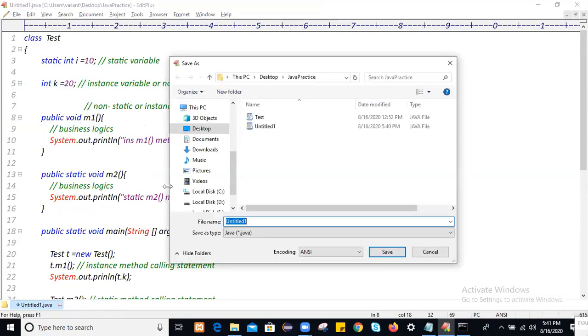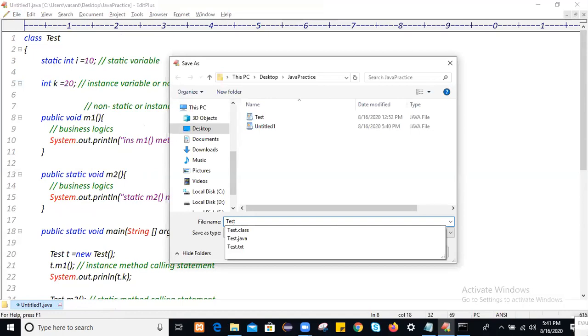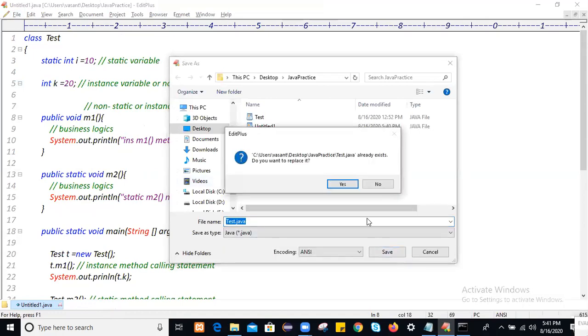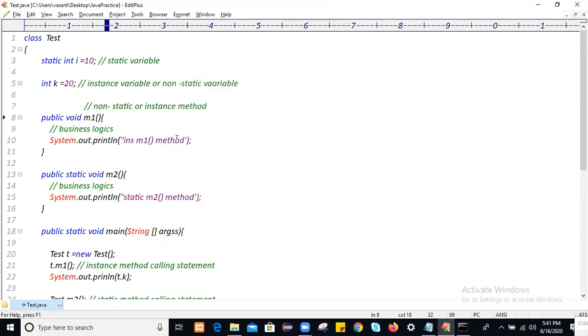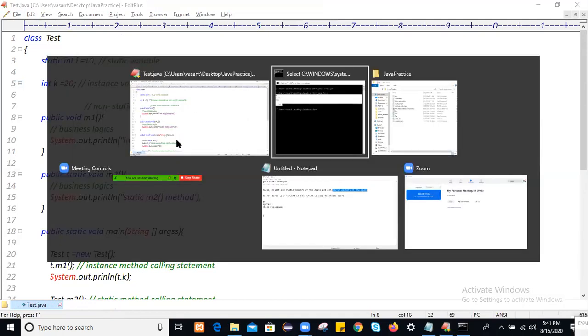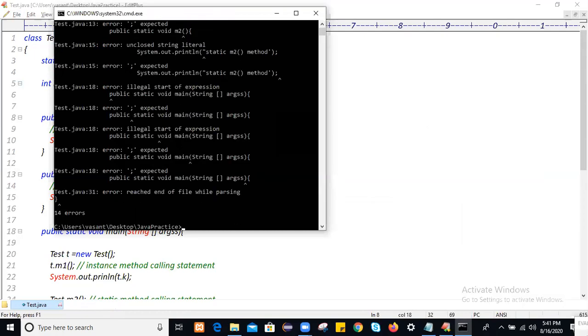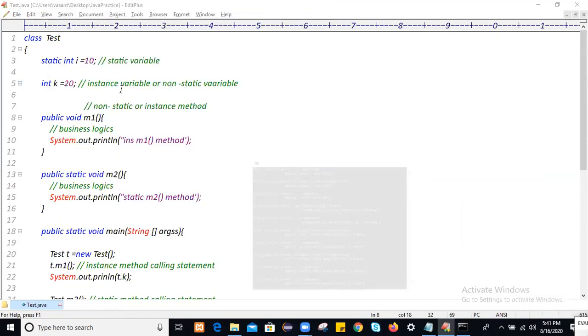Save this file once again with the name Test.java. Yes, replace it. Now compile it. Actually, I developed this application elsewhere, so it had some issue. So always develop the application in Edit++.